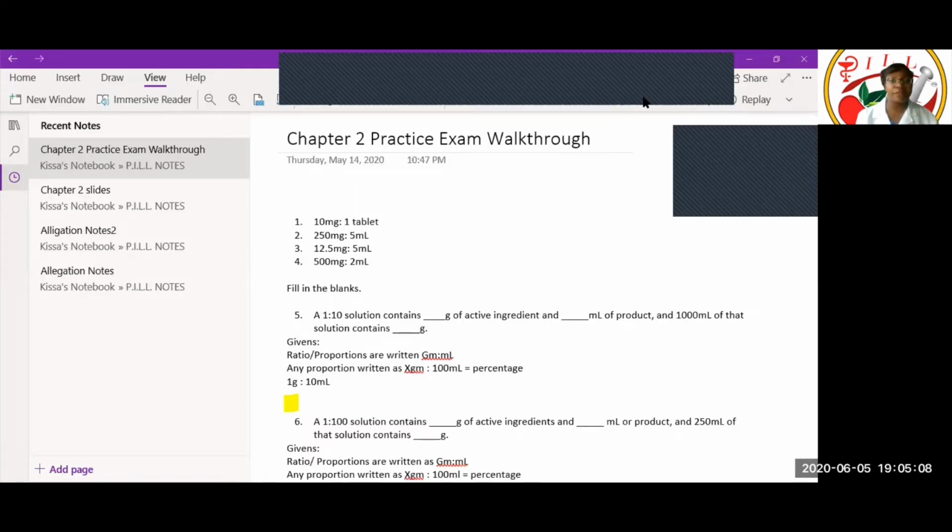So to solve for these fill-in-the-blank questions, you want to set up a ratio proportion equation. We learned about the ratio proportion equation in this lesson, and there are two things I wanted to mention. One, we're going to learn about three different types of equations to solve pharmaceutical calculations. And I want you all to take note: if you latch on to one equation better than the others, I want you to memorize that equation and stick to it when you are taking your certification exam, because